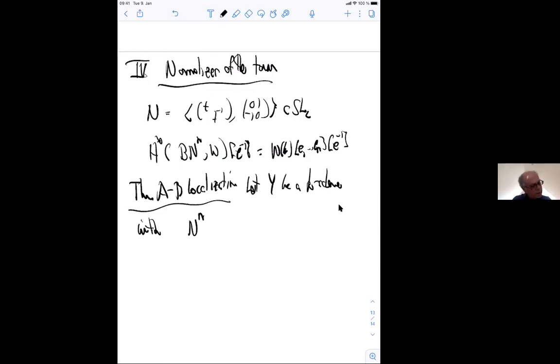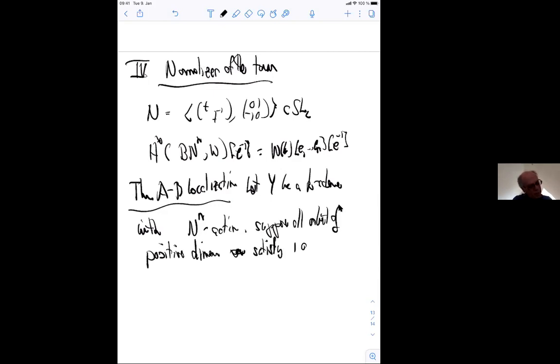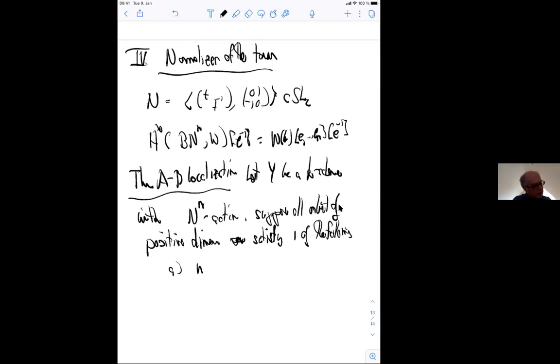an N action, and suppose all the orbits of positive dimension satisfy one of the following. So the first one is if n equals 1. So then everything works. Now, I should say that this is just like a torus in that if you have